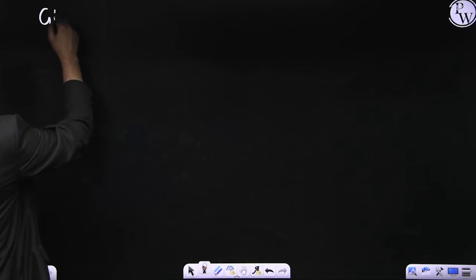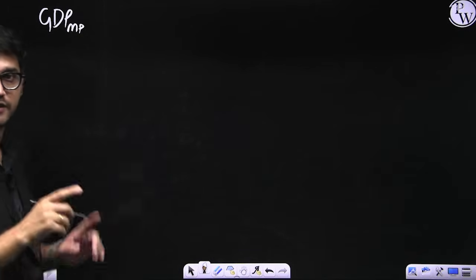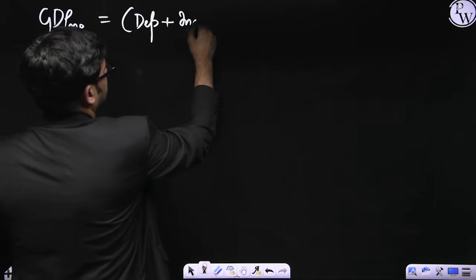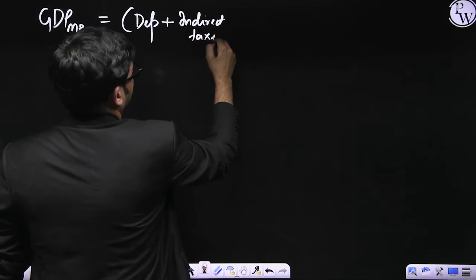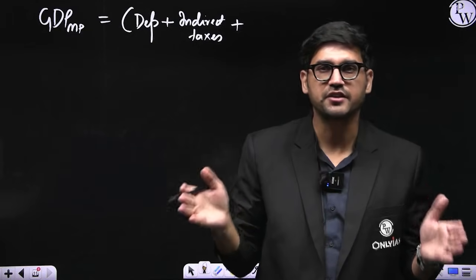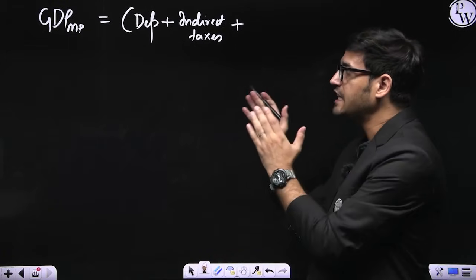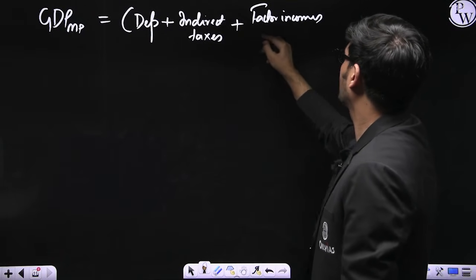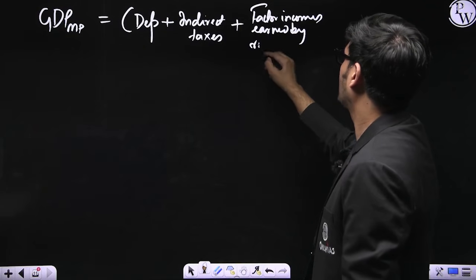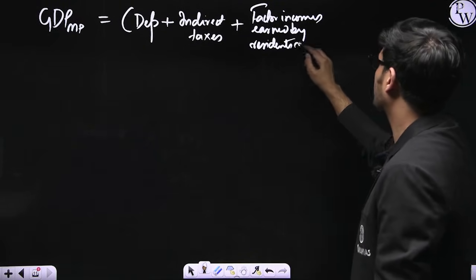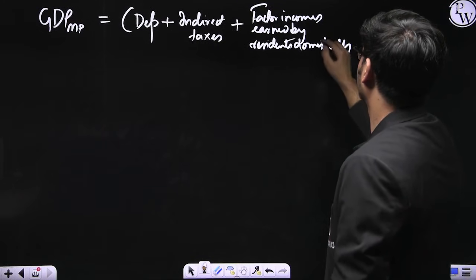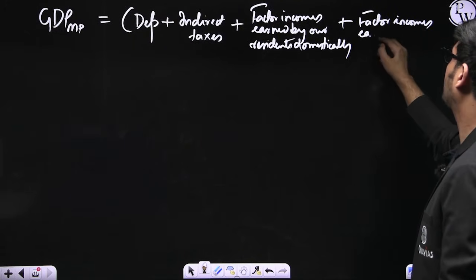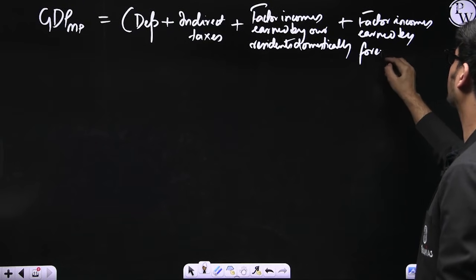We said we are calculating the value of GDP at market prices. This would mean that we will include the value of depreciation. We will also include indirect taxes. The rest of the part will be distributed amongst the factors of production. This means GDP essentially should be what? It should be factor incomes earned by our residents domestically and also factor incomes earned by foreign residents